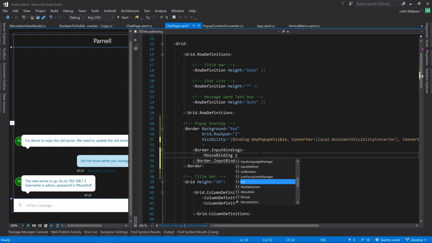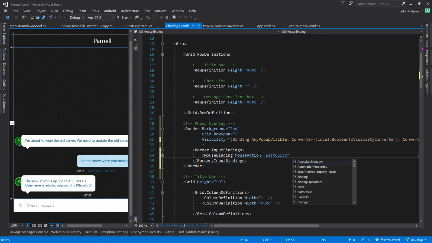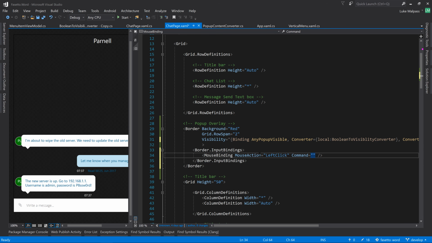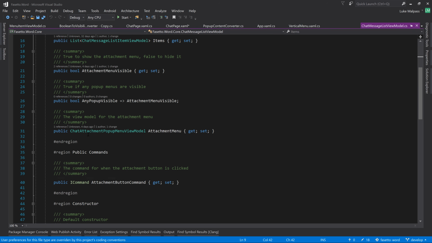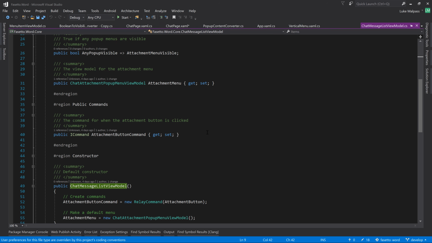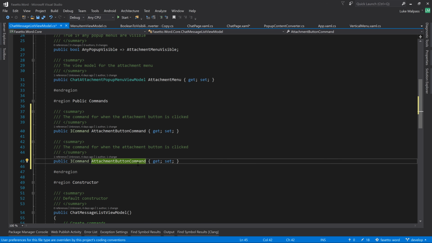So we'll do a mouse binding with a mouse action of left, I think it's left button. Or left, no, I think it's left click, and then the command, just like a button then, we want to now bind to a specific command. So we will want to make another command, which we have command already there, attachment button command. So we want pop-up